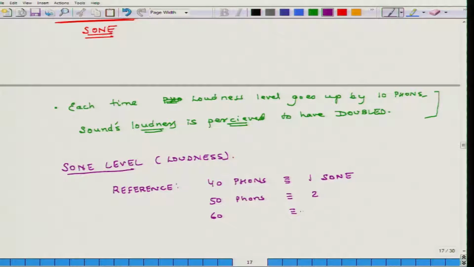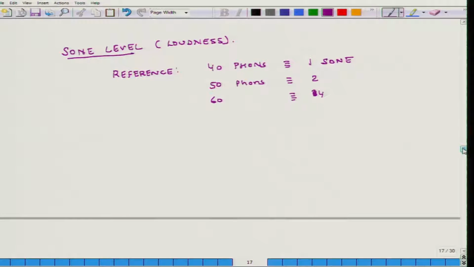60 corresponds to 4. Yeah, you are right, 4. So each time it goes up by a factor of 2. So in general, I can write it as n equals 10 to the power of